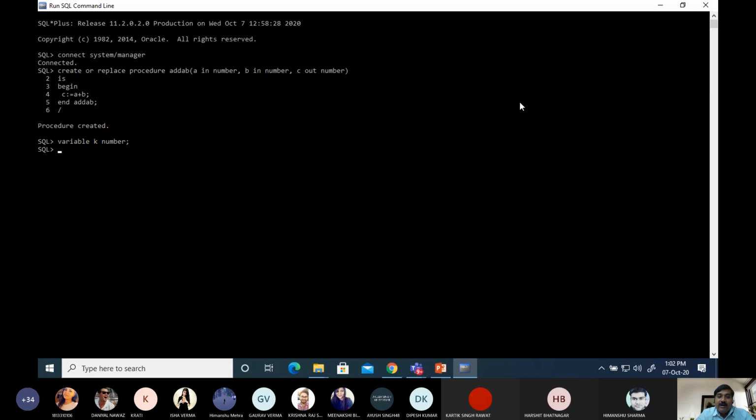If you want to use the value of this bind variable, then we will use colon K. If in PL SQL block you want to use the value of K, then through colon K we can use the value of this variable. Now K variable is declared and K is called bind variable. Please note it. K is bind variable.